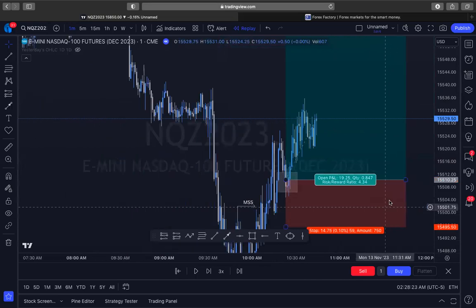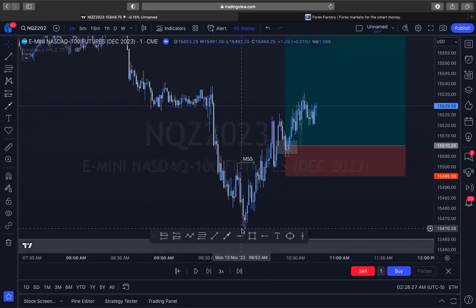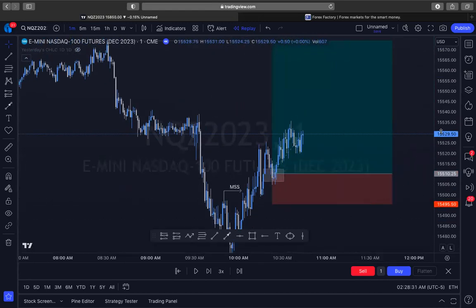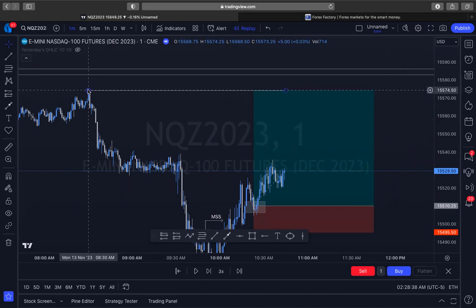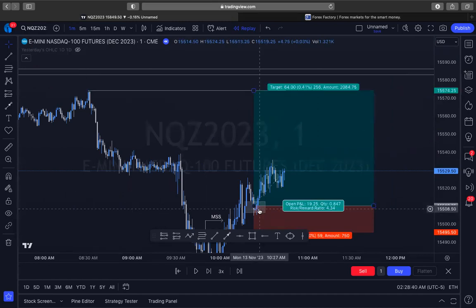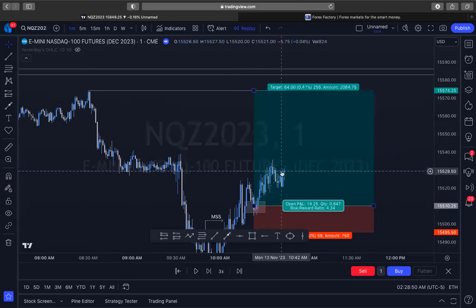As for my target, I noticed that maybe we should just take 1-to-1s because of my first initial loss. I told myself, let me go ahead and just target this next high created from this morning. If you look at my cursor at the very bottom where my mouse is, that shows 830. That's 830's high. So what they wanted to do was go lower, take everybody else out of the position that was in longs during London session, come back, create this fair value gap, and then we're going to target.